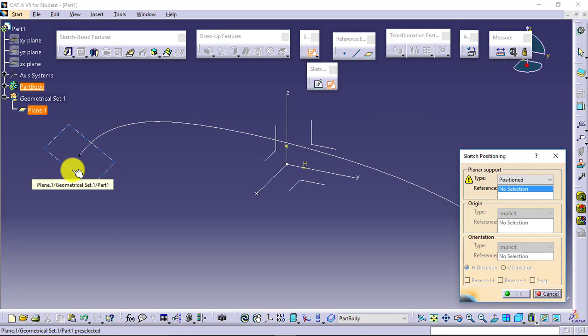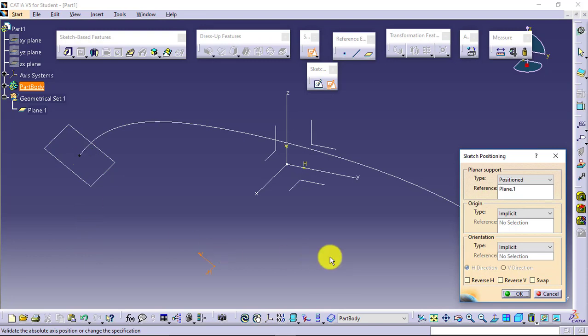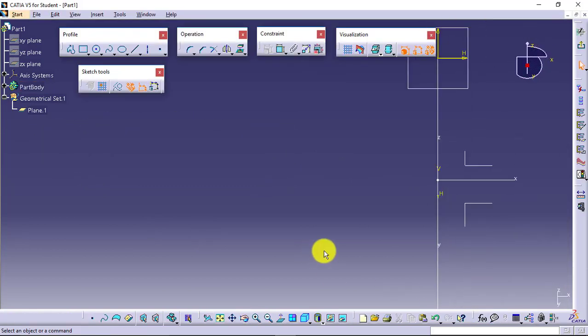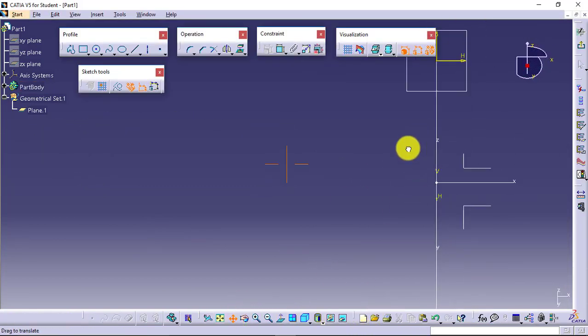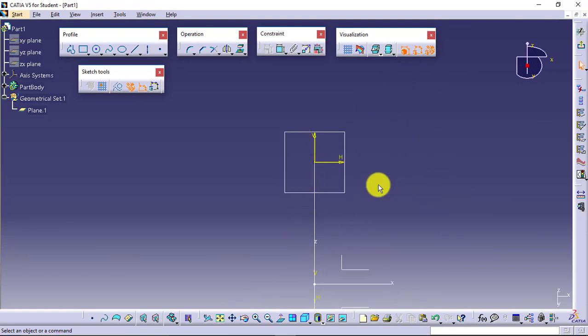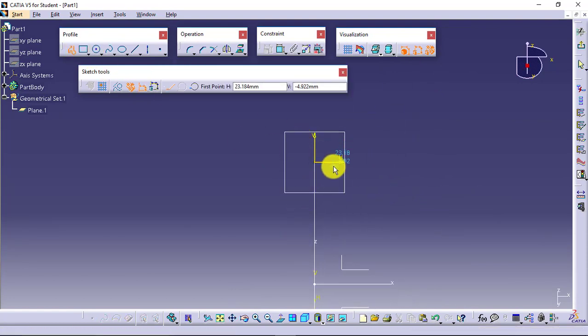Now I'll be selecting the plane on which I want to create the profile. Now there is a use of origin. You can see by default it is showing origin somewhere here for the sketch. If I want, I can change it using the positioned sketch option. Go for changing the origin at projection point where I want the origin to be, here. Then maintain horizontal vertical and say OK. So it will take you normal to the profile. Here you can create the sketch.